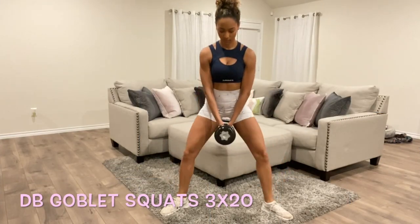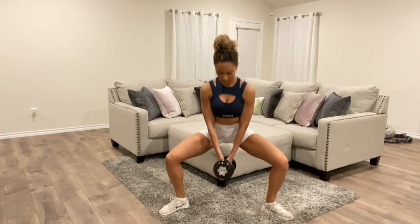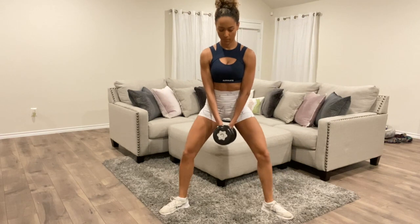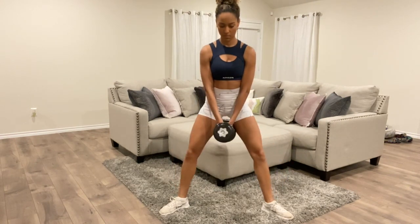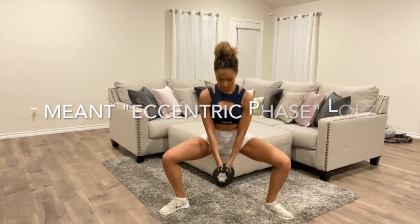Alrighty everyone, so we are going to be starting off our booty workout with some goblet squats. When you guys do this correctly, you are really going to be feeling the tension along your hamstrings and your glutes, but also your quads as well. So on the concentric phase of this movement,